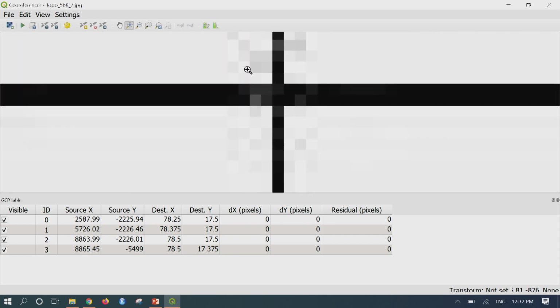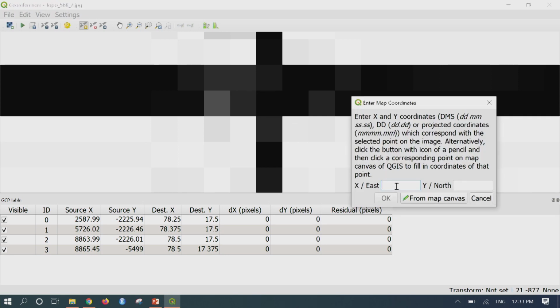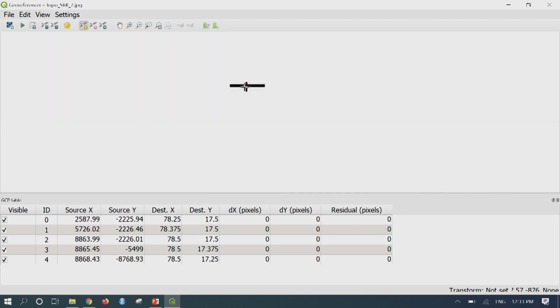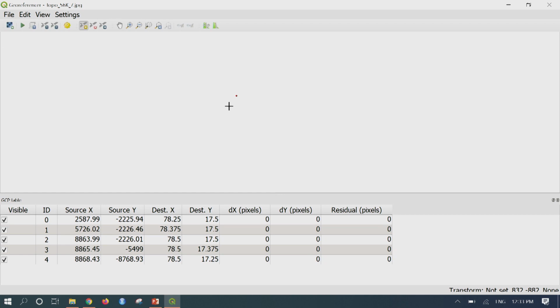Zoom to the pixel level and add a point exactly at the intersection. Easting is 78 degree 30 minutes and northing is 17 degree 15 minutes. Okay. Zoom out. We have completed 5 points.